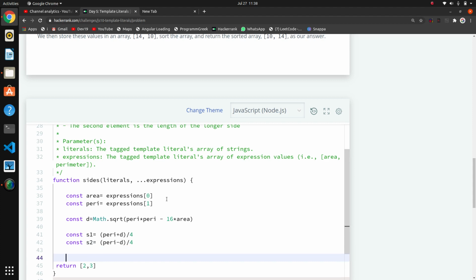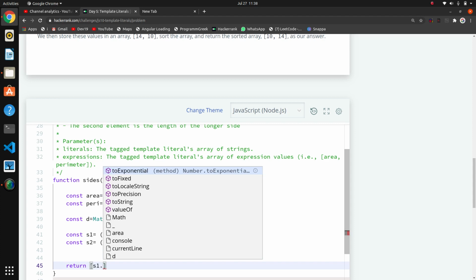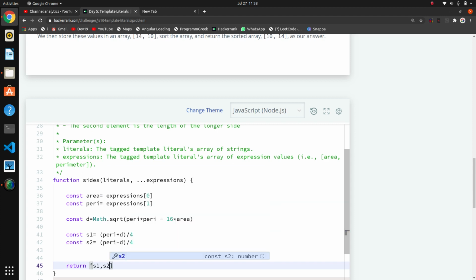Now I want to return these two values, but how to return? I want to return s1 and s2, sorting them. s1 comma s2. So I want to sort this array, and then I want to pass this array.